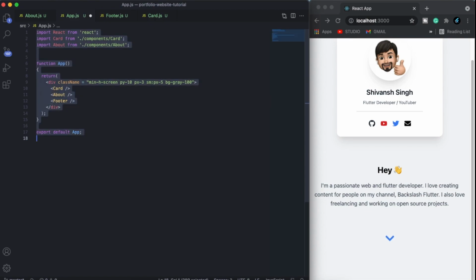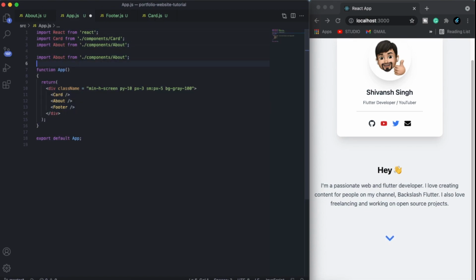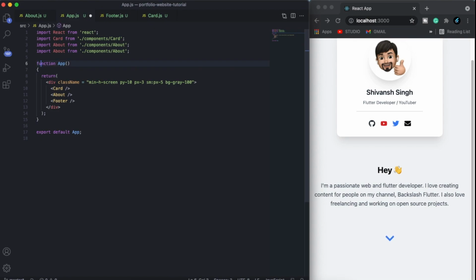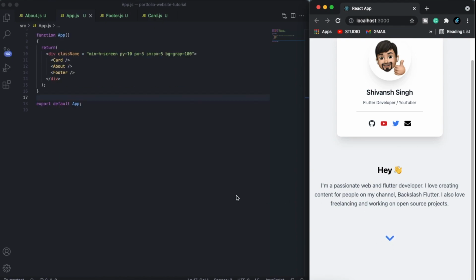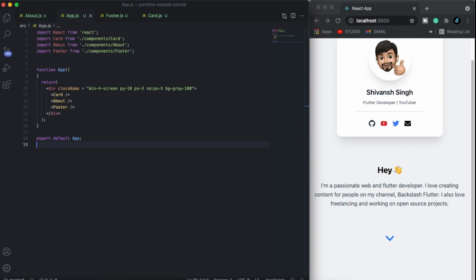Here we'll copy, paste this thing, and we will go to footer. Okay, so let me just save this thing, and here I check whether my server is running. Okay, server is running, and here we got our